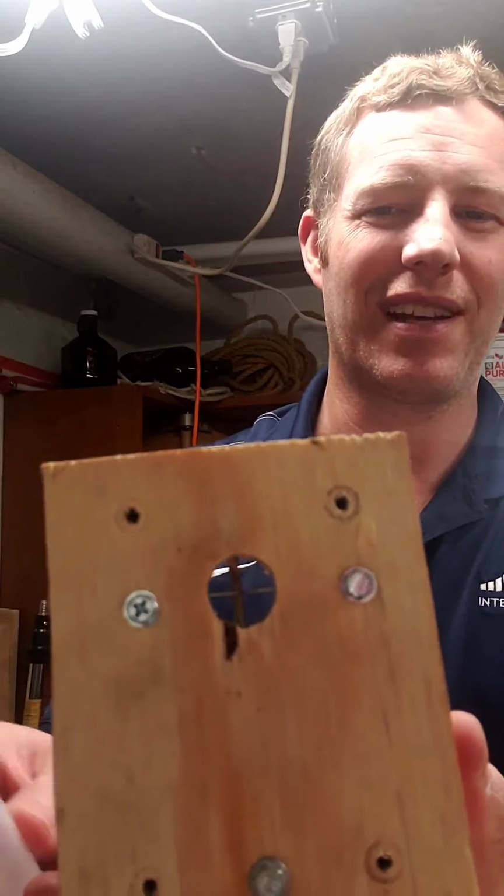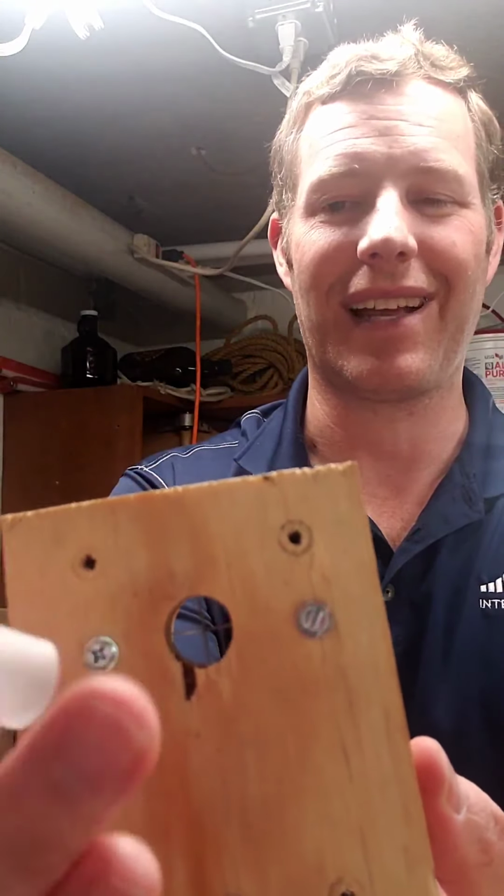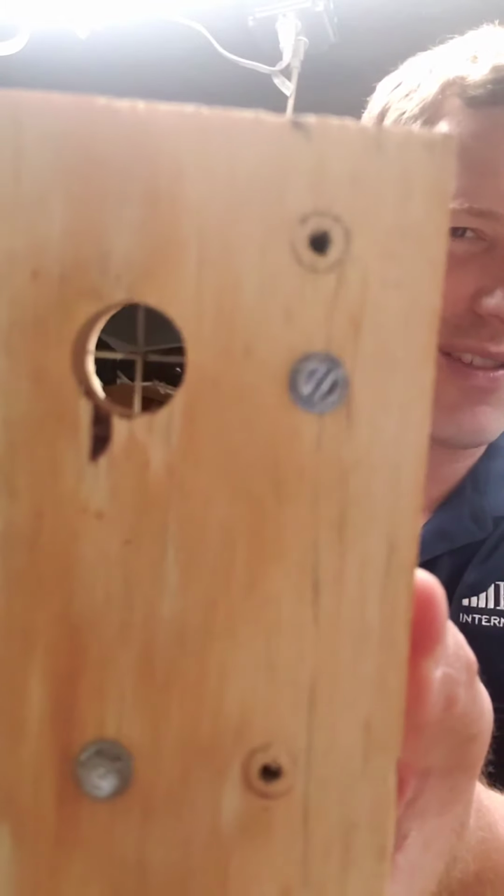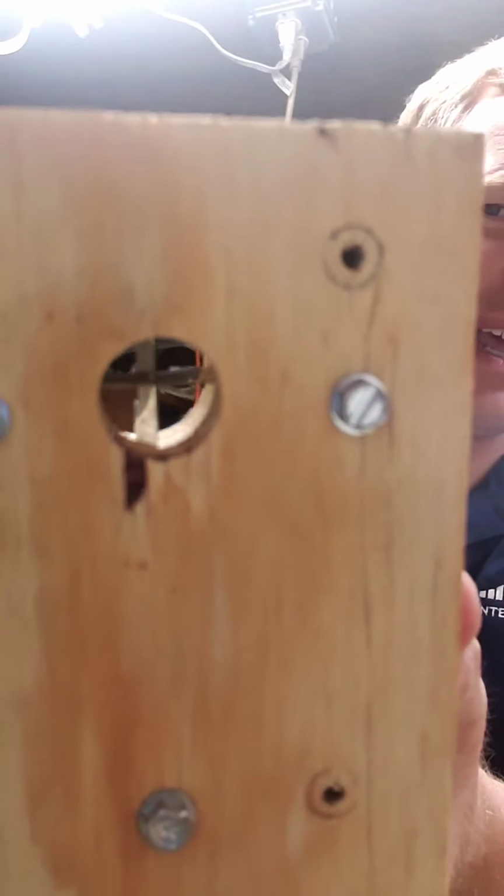Anybody can steal this idea. Pretty straightforward, right? There's a hole that is drilled. I forgot exactly what drill bit I used, maybe 3/8 inch, and the wad fits right in there. You can see inside there's actually two razor blades, and what I did was I took one and I used